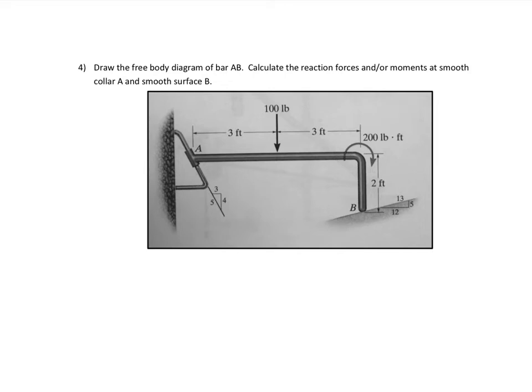Okay, so this is review problem number 4. Again, this is going to be kind of like problem number 2 on your test. The reaction forces, drawing free body diagrams, using those 3 equilibrium equations to solve for the unknown. So here, draw the free body diagram for bar AB and calculate the reaction forces and or moments at smooth collar A and smooth surface B. All right, so let me draw this